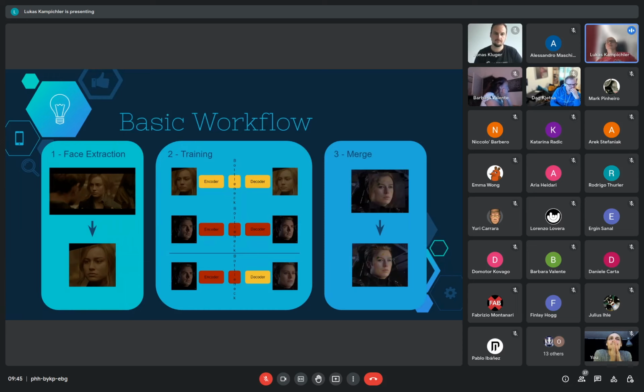Then we have the training part, where the software learns both faces. It learns every lighting situation, every facial expression, every angle of the source and of the destination face. And finally, we have the merging part, which is basically just the export.